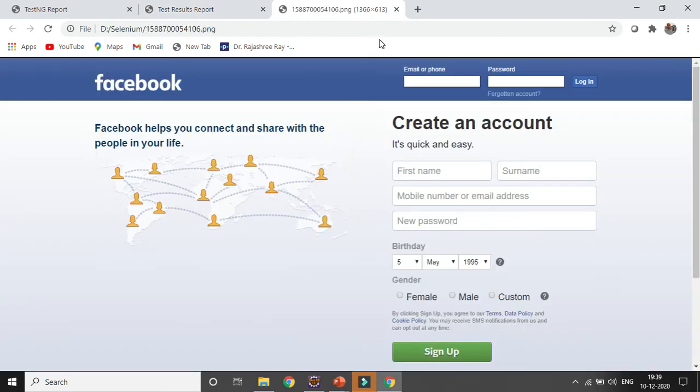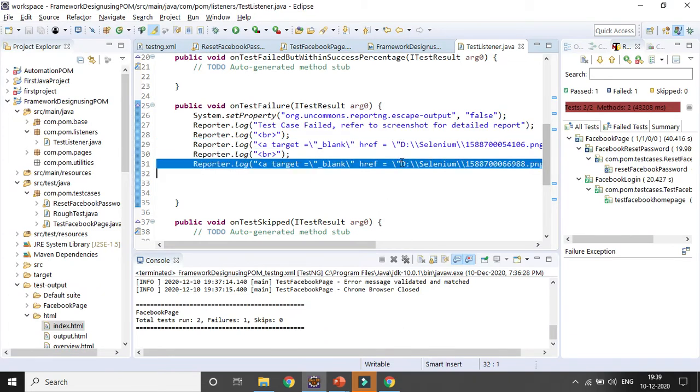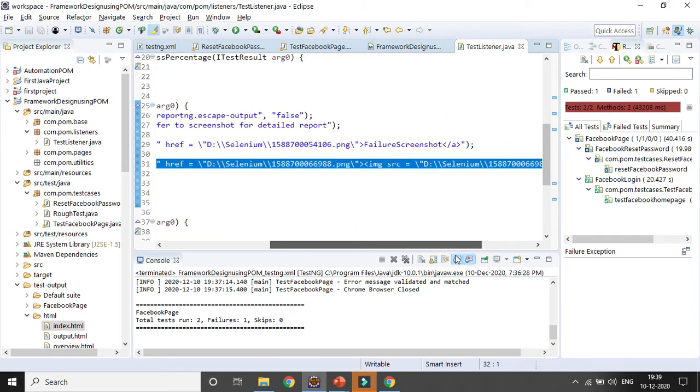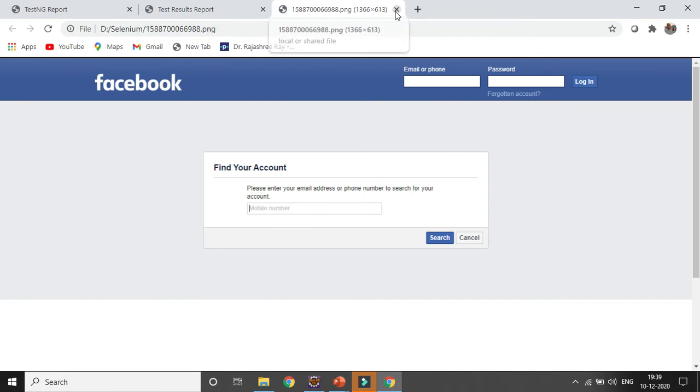If you open it, it will open the screenshot in a new page, and for the other part, right, we want to take it in screenshot format instead of any link, right? So it is coming here, okay, but it is not fitted in the page. So maybe you can give some width and size here so that it will be fitted in the page, right?